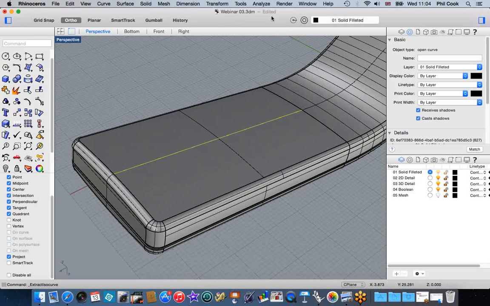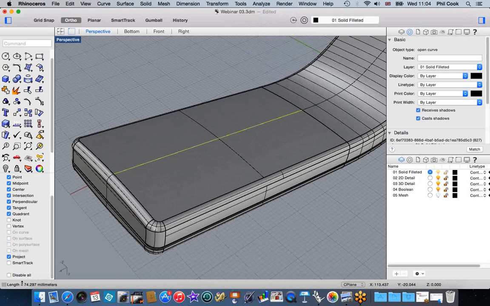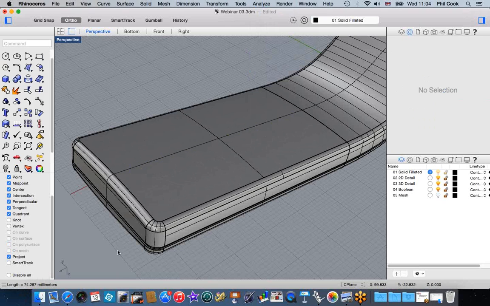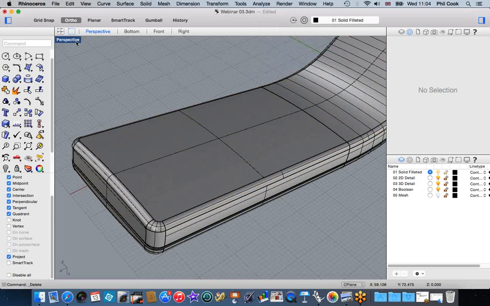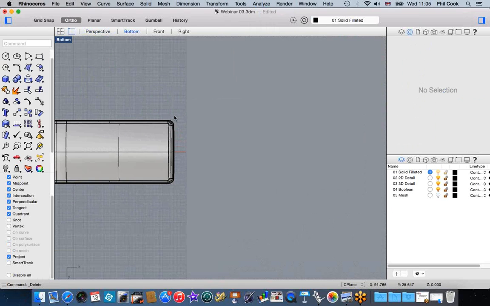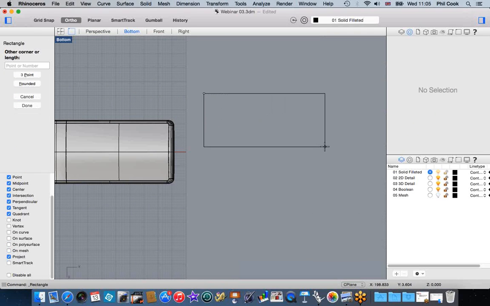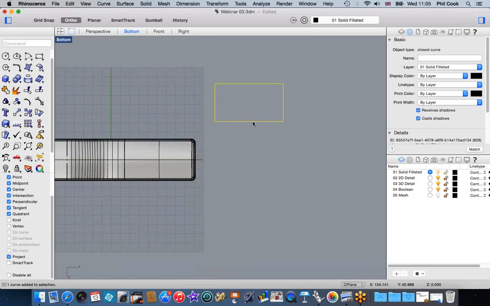This will pull out one of the parameter curves from the surface. I can then use that curve and again use the length query here to find the length of that, so 74.297. Okay, so I'll just get rid of that curve now, so I don't need that. And in my bottom view now, what I can do is to create a rectangle that's essentially the same size as those measurements. I'll just round it up slightly, so 74.3 by 41, and this rectangle is going to be a reference